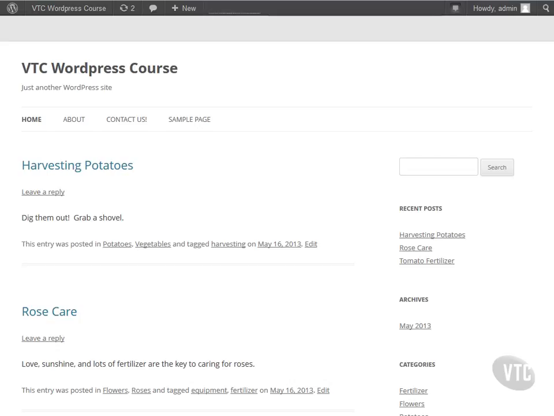Let's assume that you've got a gardening blog that covers vegetables, flowers, and gardening techniques. You can have categories for each of those. Additionally, you can have subcategories for each. Beneath vegetables, you might have tomatoes, lettuce, and potatoes. Beneath flowers, you might have orchids, roses, and lavender. This allows clear separation between subjects and an easy way for readers to locate content that relates to their current